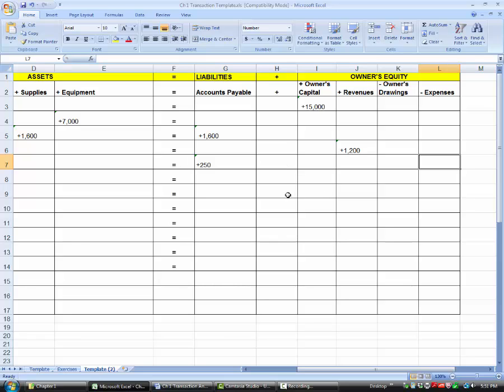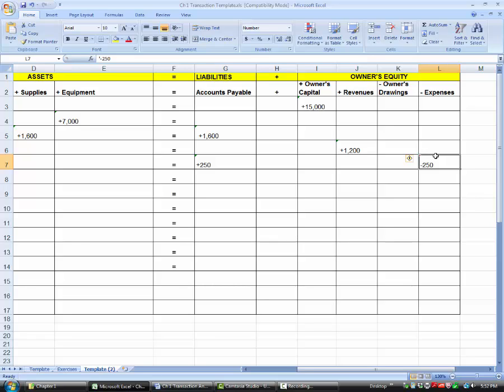So the advertising expense is going up, but when expenses go up, owner's equity goes down. So we will put minus 250 in the expenses column. The negative is not because expenses are going down. The negative is shown because when we have an increase in expenses, we will result in a decrease to owner's equity. Again, when there is an increase in expenses, in this case in the form of advertising expense, we will also have a decrease to owner's equity because the owner is suffering the cost of doing business in the form